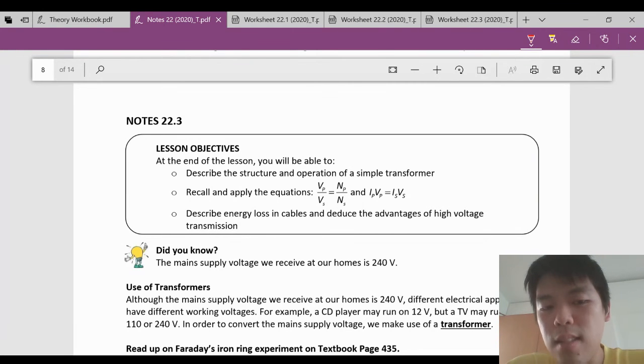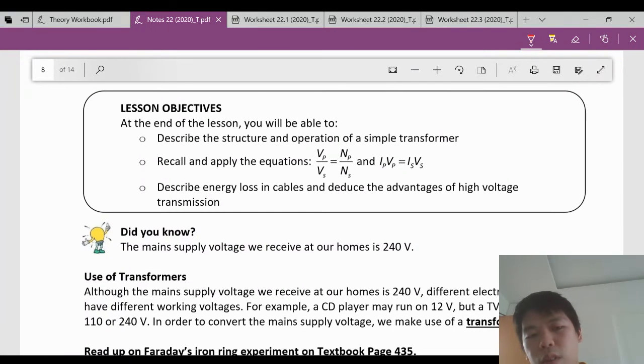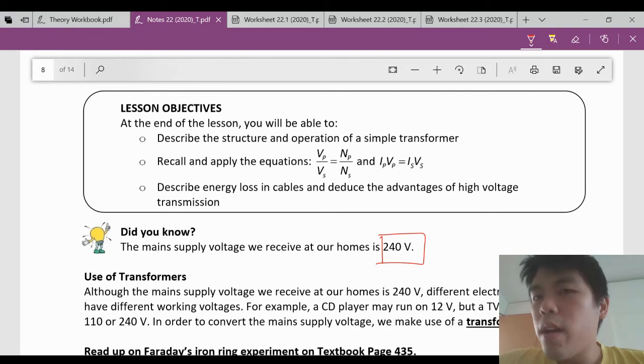And for today's case itself, we would like to talk about the transformer, which is another application of using electromagnetic induction. Okay, so for a transformer itself, most of us have not seen a transformer, but it's actually available in all our everyday life. Any of your electrical appliance itself requires a transformer because the main supply voltage that is coming out from our plugs is 240 volts. But for example, for the laptop that I'm using now itself, I think it requires about